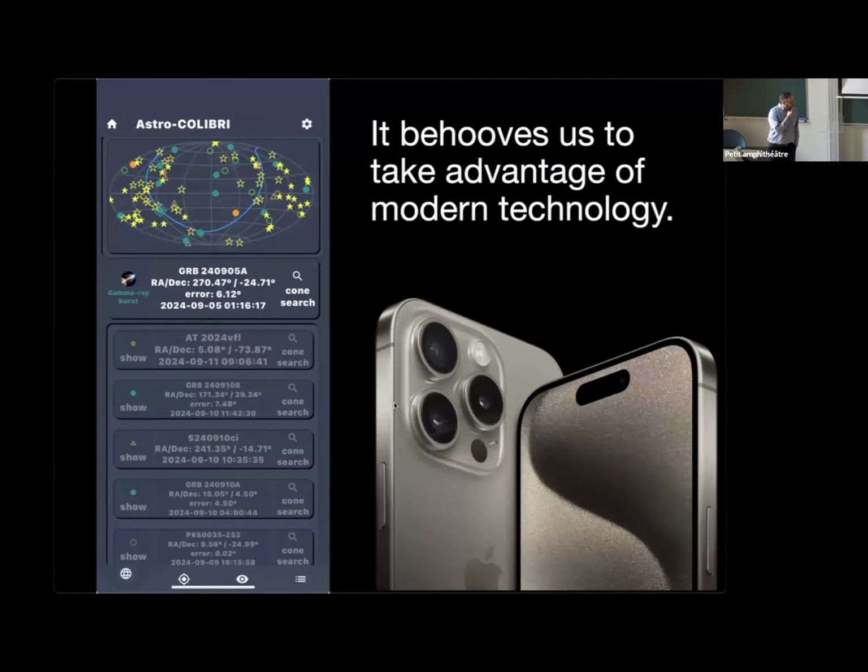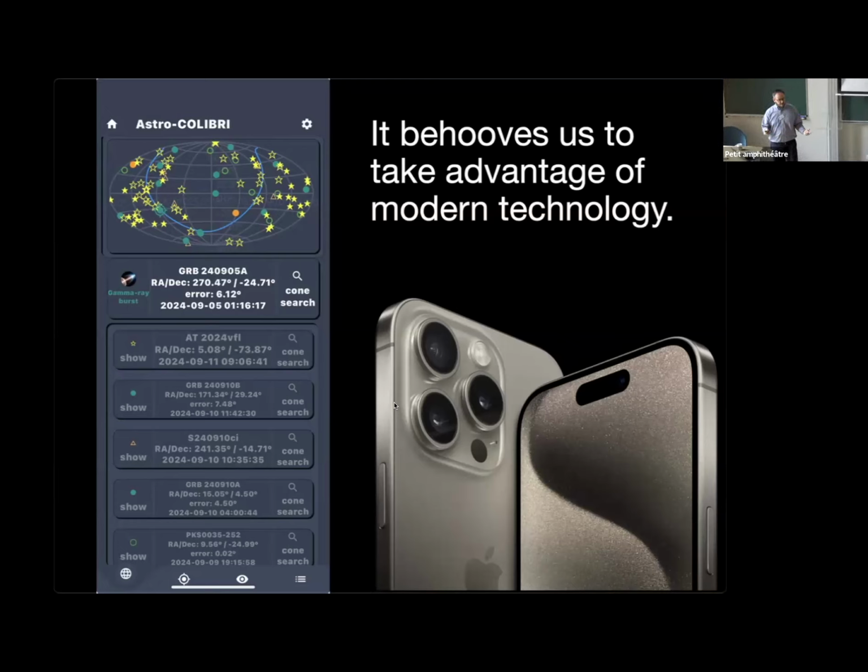I also want to applaud them and say it also behooves the rest of us that technology's changed in a lot of these messaging techniques. The cell phone has more power than a lot of supercomputers did, right, back in the day. Technology's changed both in hardware, but it's also changed in software. We no longer have to be sitting at a computer terminal to be able to trigger observations.